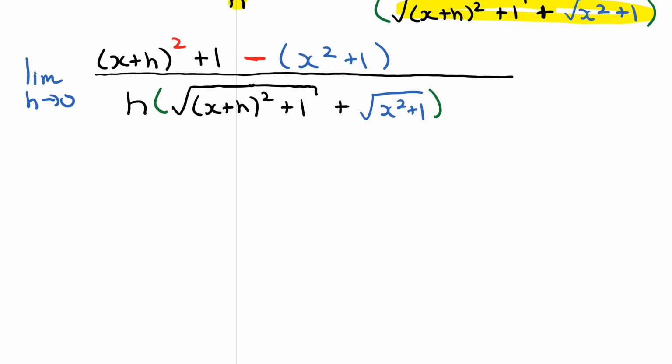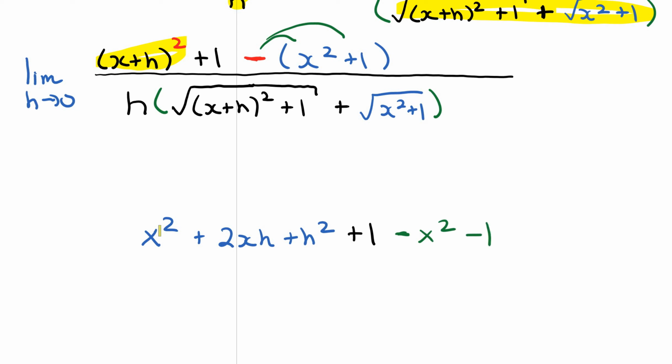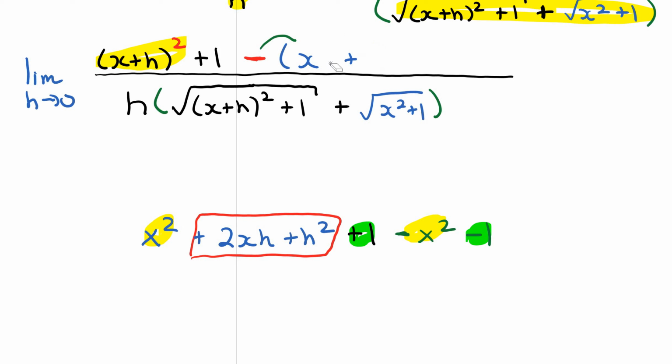And once again, if you're watching the homework help video guide, I would actually pay attention to the next few steps before writing anything out. What I noticed here is I have x plus h all squared. If we expand that and collect like terms using the square double square technique, I get x squared plus 2xh plus h squared, and then plus 1. And then if I distribute the minus sign here, there's the negative x squared and then minus the 1. So from here I can see that this and this cancel off, and this and this cancel off, and I'm just left with this. This is what basically survives if I expand and collect like terms. So let me just erase all this now. So I have 2xh